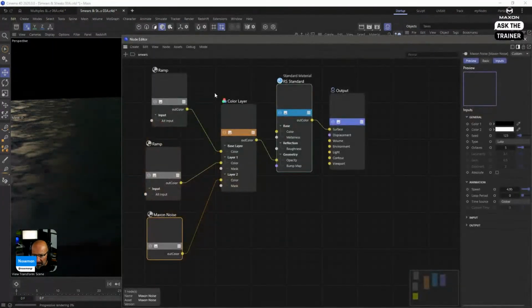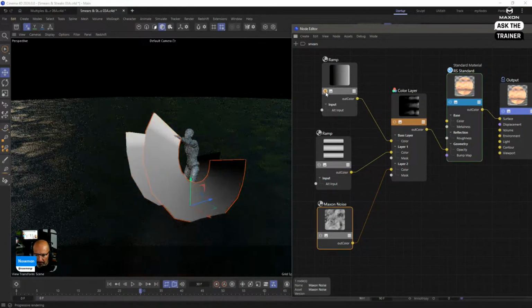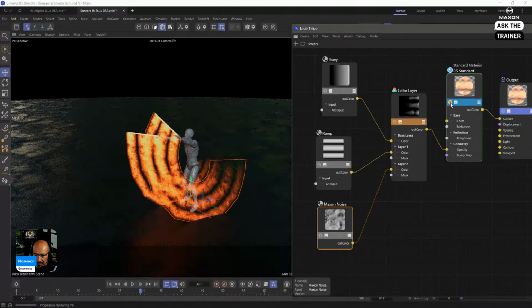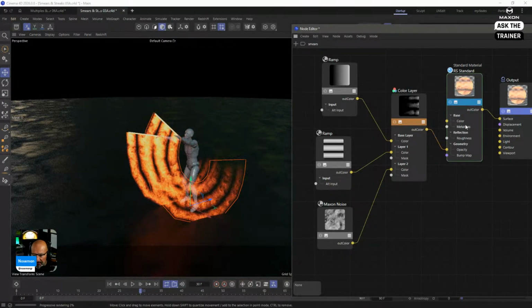So this shape is made by the following thing. I got a ramp, which creates the opacity. All right, everything goes in the opacity, sorry. So basically, this is just a luminant surface, and I'm creating a noise for the opacity to make it interesting.